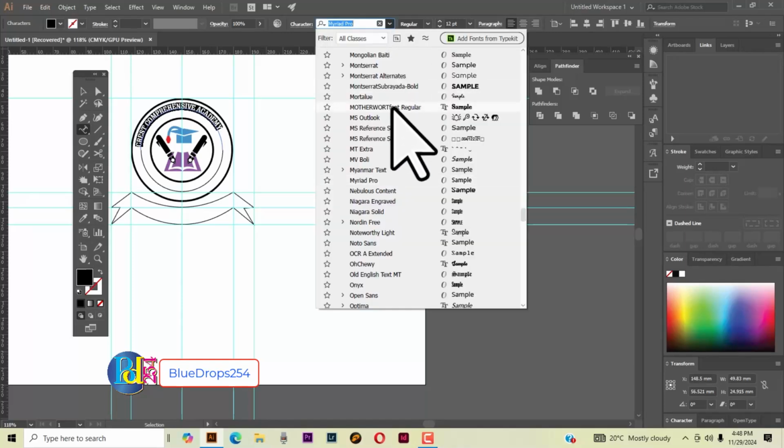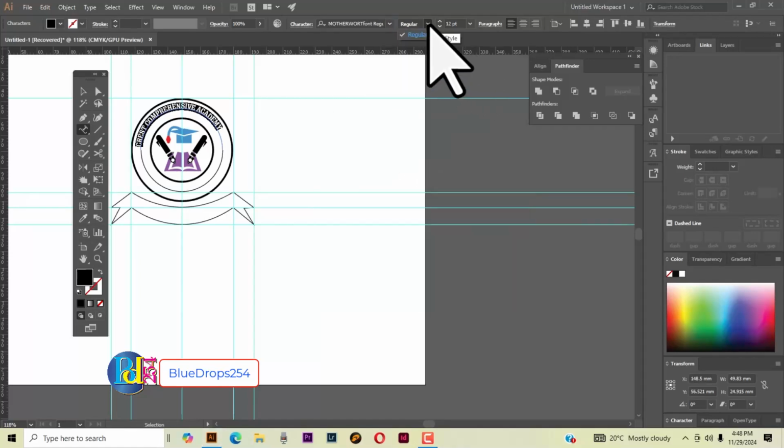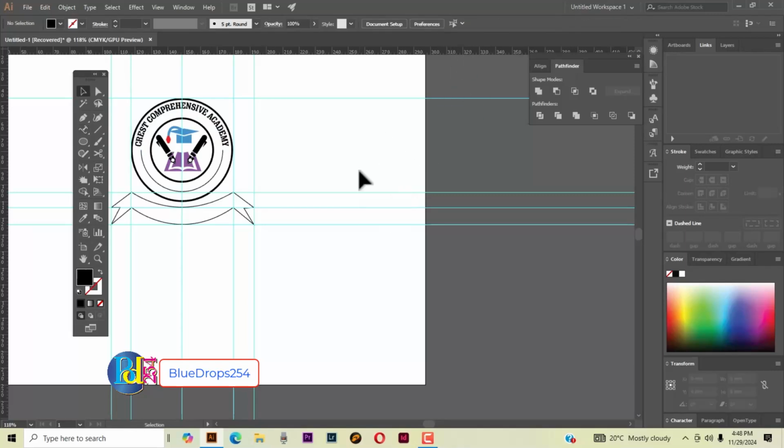Let us use Montserrat font, which is regular, and then we can increase the size a bit, just something like that. Yeah, something like 14 is okay. And then what is remaining again is maybe the lower side. We can put the address of the school here. So you click on the type tool here, and you can see the text is moving in the opposite direction,